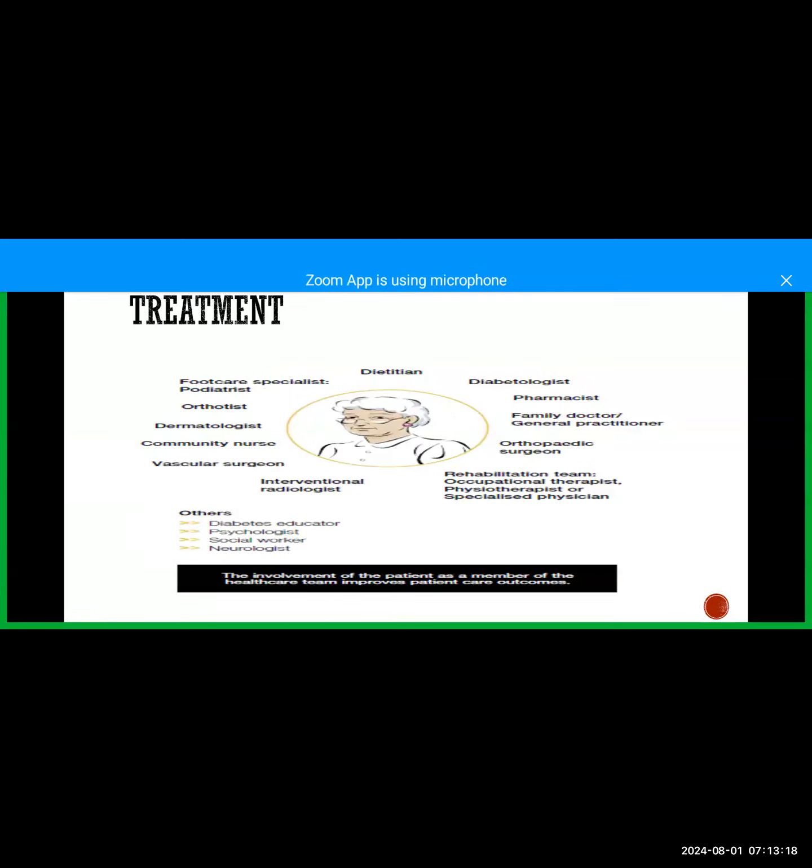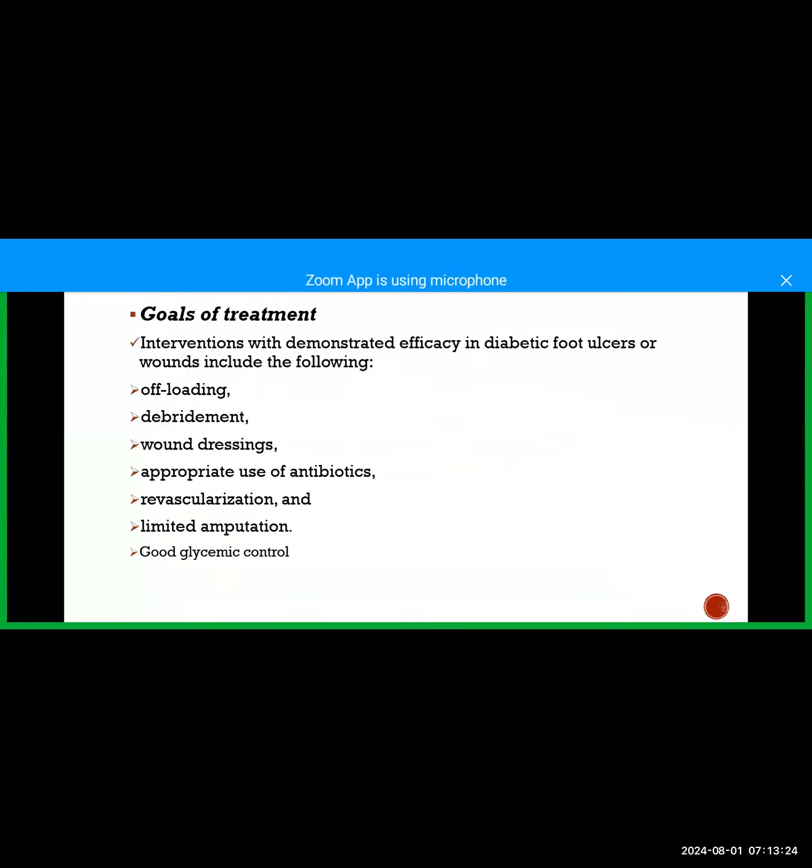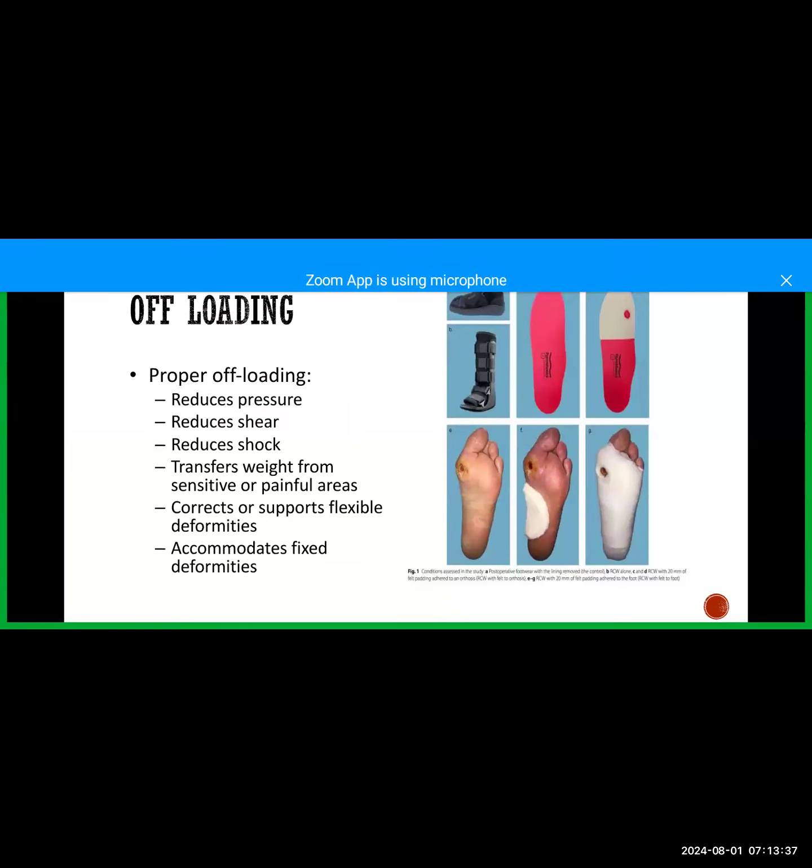And treatment is a multidisciplinary approach that has to be followed for this patient, using the following principles stated earlier: offloading, debridement, wound dressing, appropriate use of antibiotics, revascularization, limited amputation, and good glycemic control. Now for offloading,